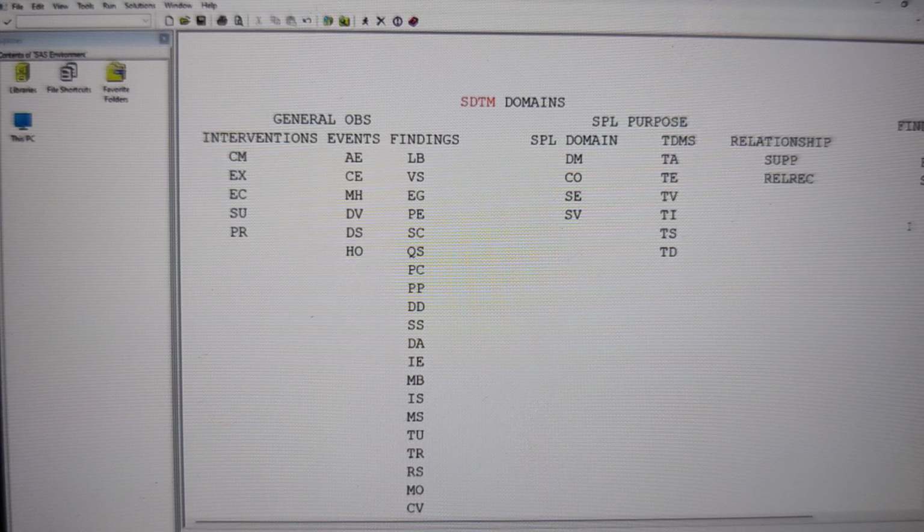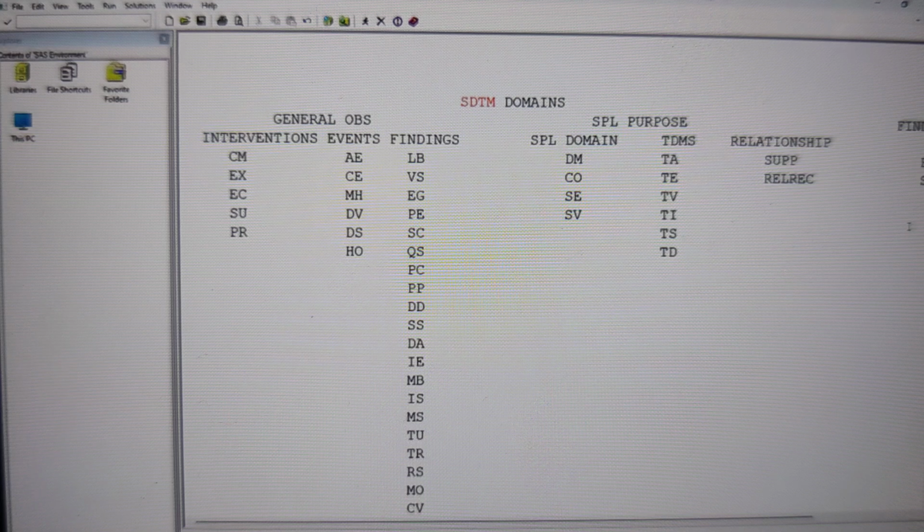The information we are going to put into events or findings, we are going to keep that information in findings. Which information you are going to keep in the events, we can put that information into the findings also. And by the way, in any given study, we are not going to submit all the domains. It depends on the study, on the number of domains and the type of domain that we are going to submit. But sometimes, irrespective of the study, there are certain domains we are going to submit 100%.